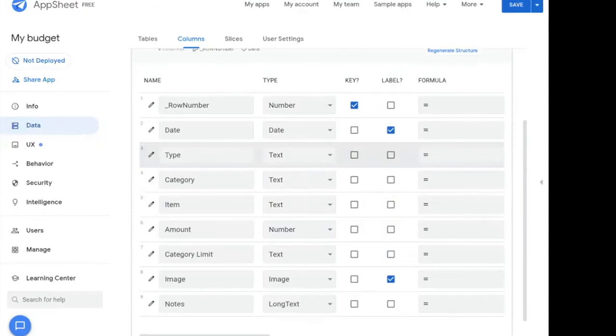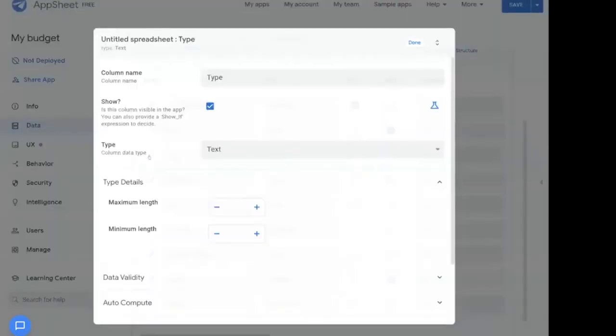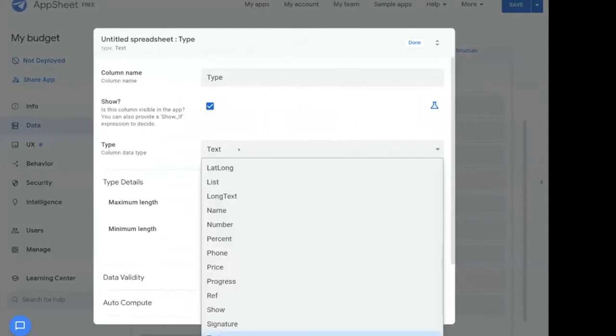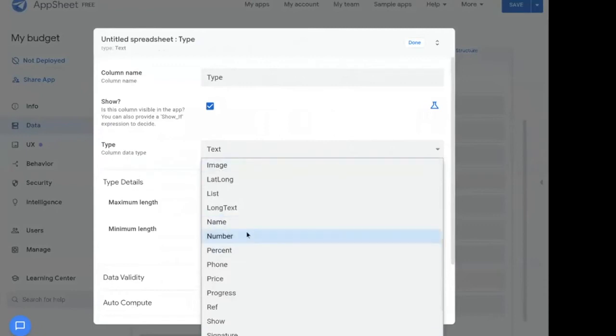Now follow me. I'm looking at type. I will click this edit button and it tells me the column data type for type. It can be text or it can be an enumerator.